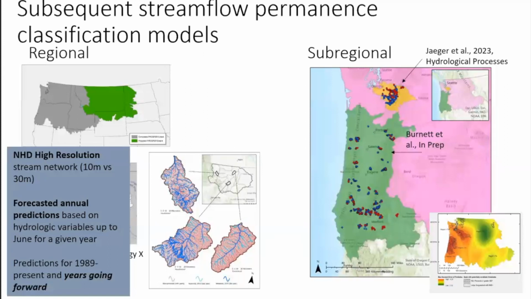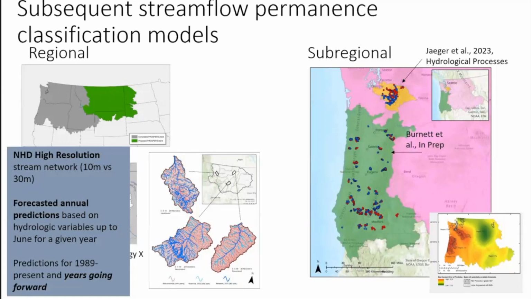And then some other things I want to highlight about the Upper Missouri is that it provides short-term forecasted annual predictions. I said that these models don't predict well into the future, but this model will take all the climate data that's available up until June, and provide a prediction for the probability of year-round flow.